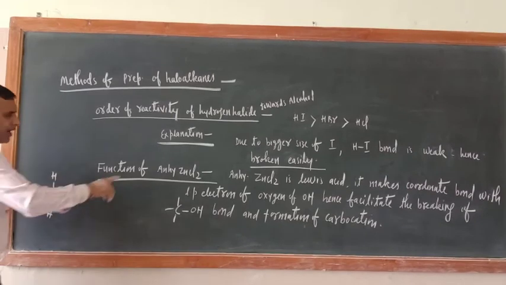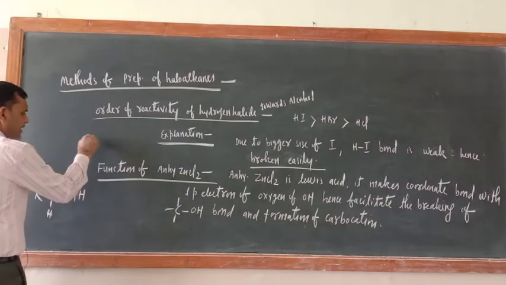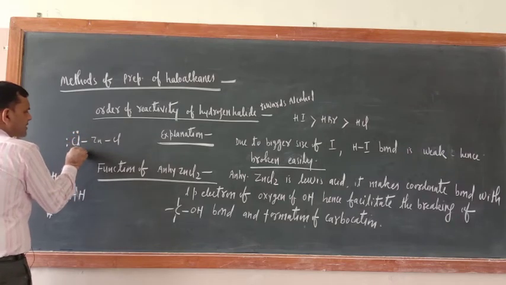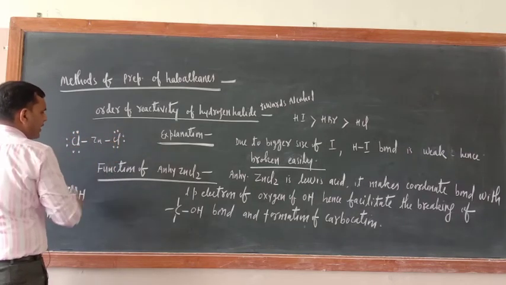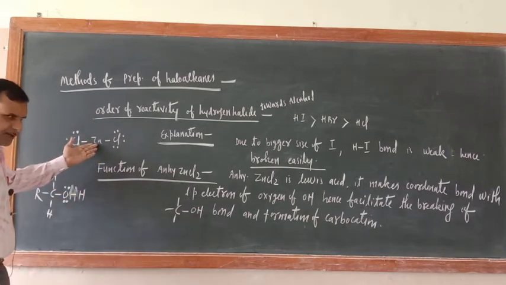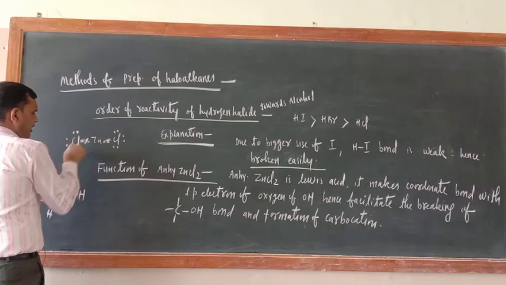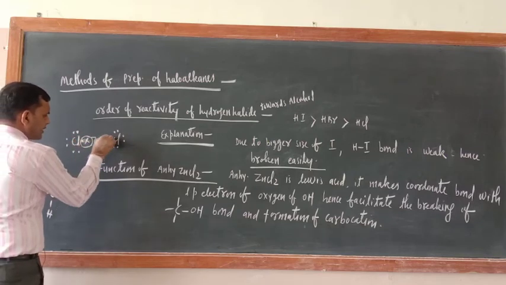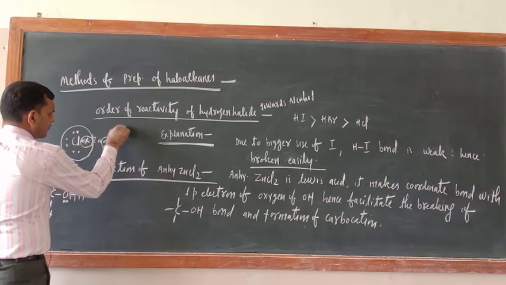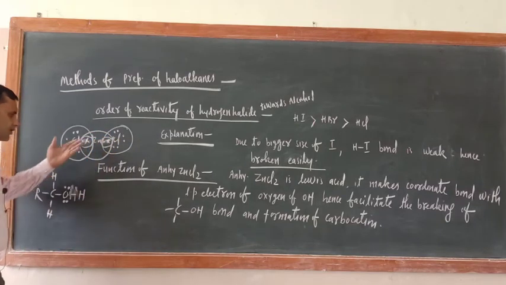Now ZnCl2 is an electron deficient compound. That is why it is a Lewis acid. You can check here Zn, here Cl, and here Cl. Here 2, 4, 6. Here also 2, 4, 6. Here there is sharing of 1 electron. So around zinc how many electrons are there? Only 4 electrons. Correct or not? 1 electron of zinc and 1 electron of chlorine here, so this is a bond pair, and this is a bond pair. Around this one there are 8 electrons, here 8 electrons, and here 2, 4. So this is a Lewis acid only.